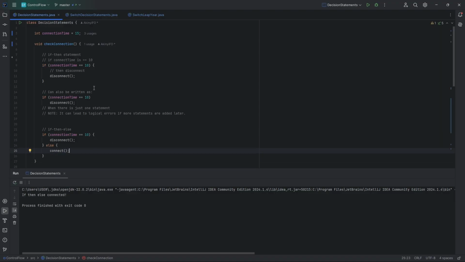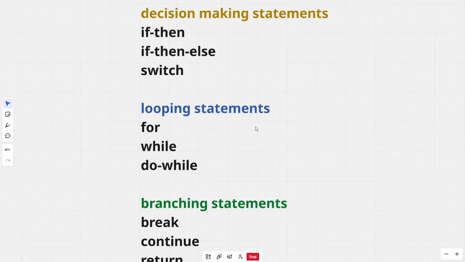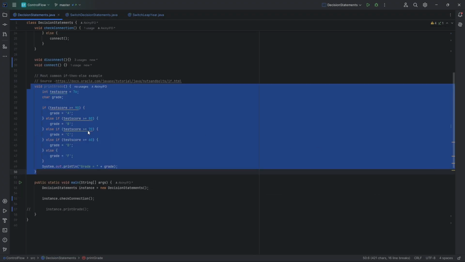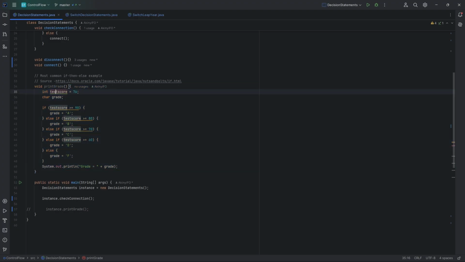And in a typical sense, when you're running production code, you might be working with methods such as this to run some conditions. Welcome to decision making statements. We will look at demos on if then else, switch. The most common approach that you will see when you are getting started in code of if then else is this